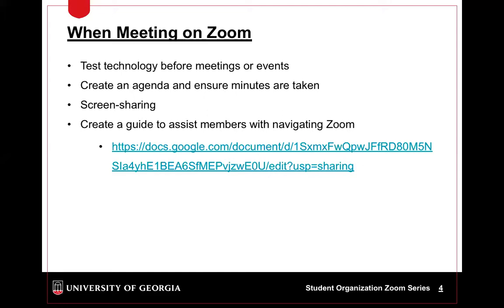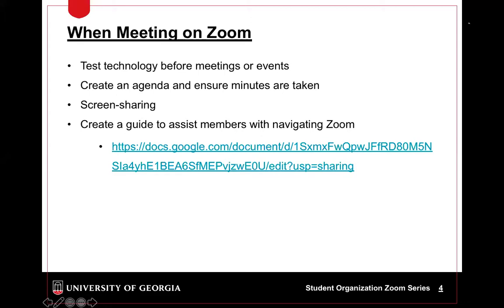So if you're going to be using breakout rooms, maybe asking another executive board member to join you on Zoom a few minutes beforehand and test that out to make sure that you know how to work it. Or if you need to look it up quickly, making sure that you know how to do whatever it is that you're trying to do so that the meeting does run as smoothly as possible, or the event is.